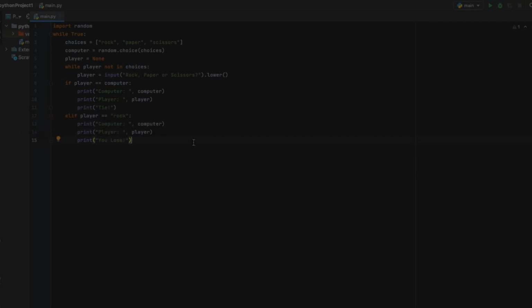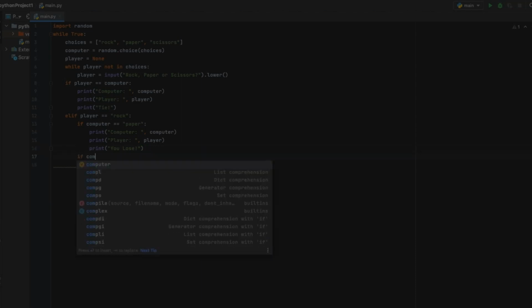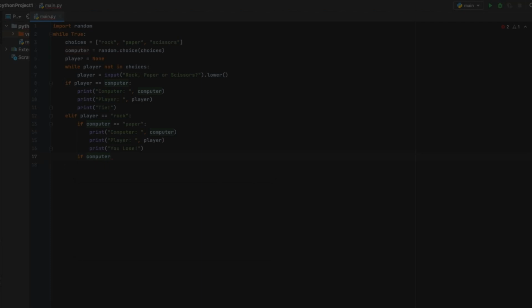And after I type this I'm gonna go right here because I made a mistake. So all I need to do was actually go here, 1 2 3 4, and then I need to add another if statement. So if computer equals to paper, then we are gonna do these. So I'm just gonna press tab and it's gonna adjust itself. So after this is done, we are gonna go again, if computer equals to scissors